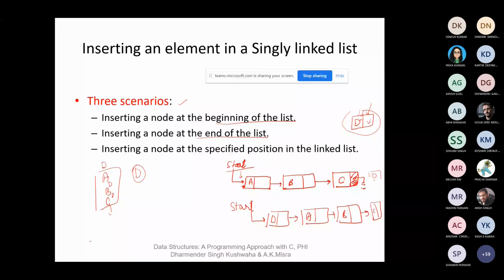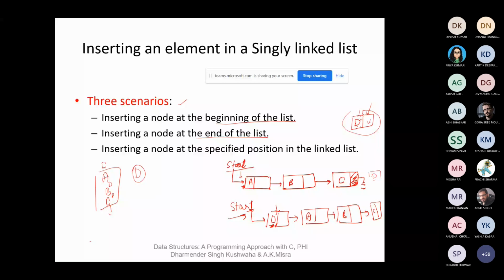Will this be so or not? Like if you insert the node D at the beginning of the list, this is the first node of the list. If this is the first node of the list, then the start pointer will be pointing to this node. So what will happen? Did you understand?